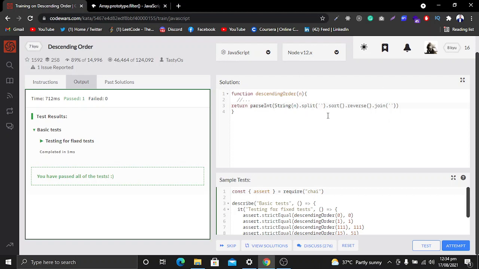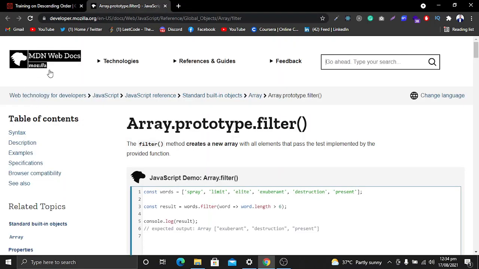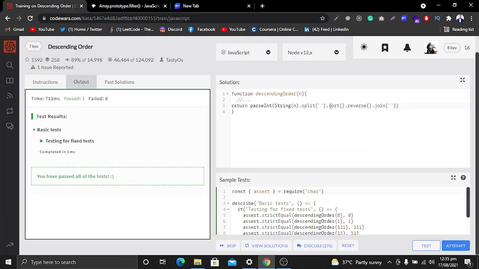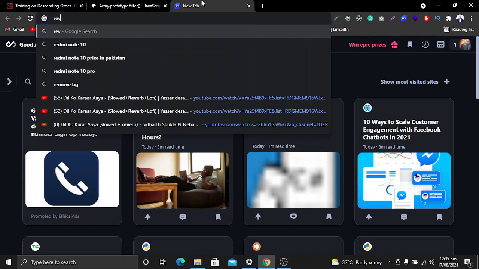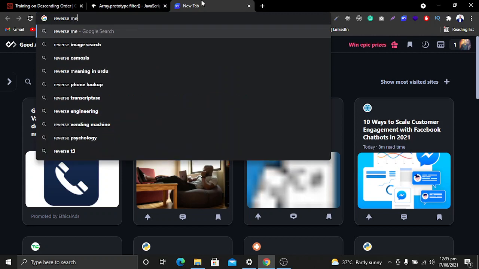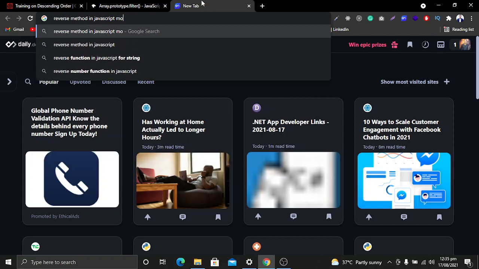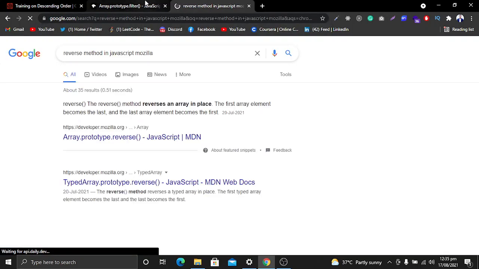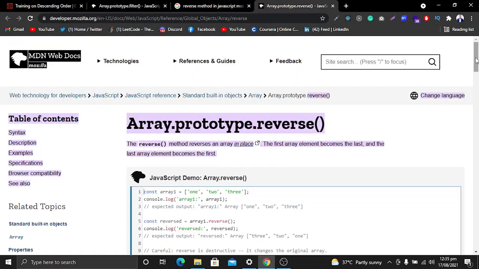If you want to learn about any of these methods, there is a very good website for learning JavaScript, which is developer.mozilla.org. You can search about any of these methods. For example, if I want to learn about the reverse method, I will search for the reverse method in JavaScript, then I will add the website name, and now you can go here and learn about the reverse method.